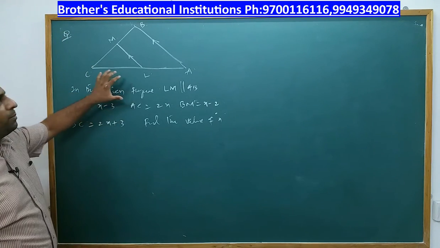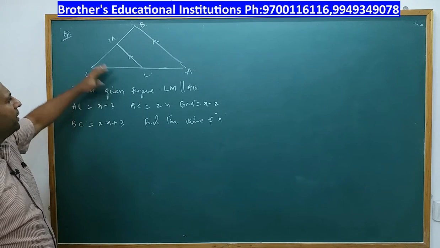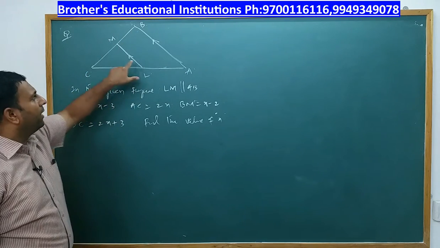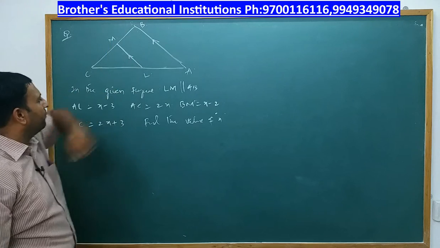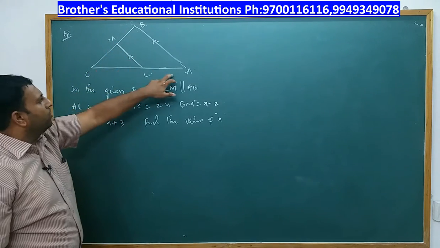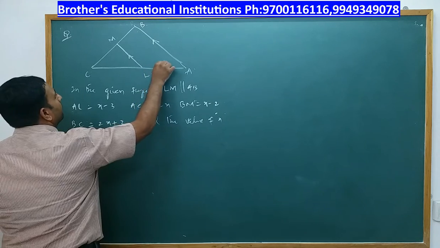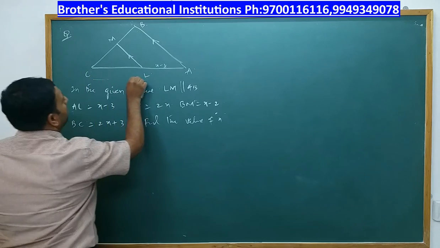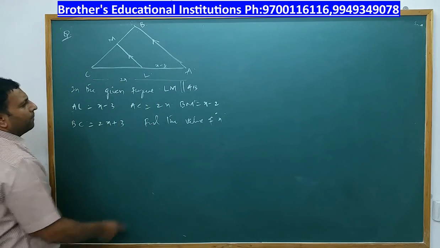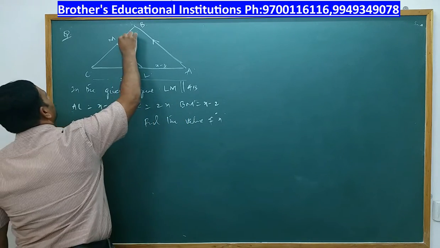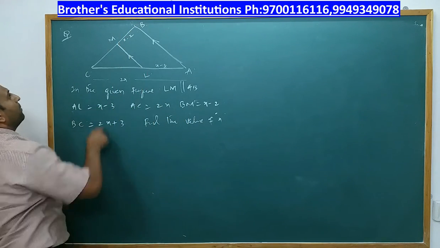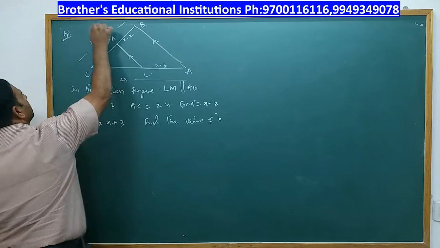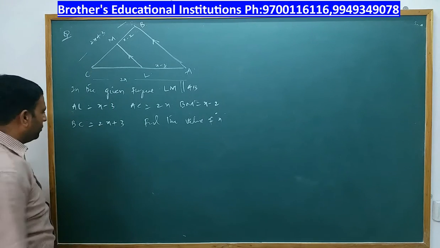Now let us do a rider, a problem which is based on the basic proportionality theorem. Children, in this given figure, LM is parallel to AB. I am mentioning through arrows also. LM, direction is important. AL is equal to x minus 3. AC, this entire thing, from here to here, is 2x. BM is equal to x minus 2. And complete BC is equal to 2x plus 3. This is given to you. Alright, now let us try to do this problem.